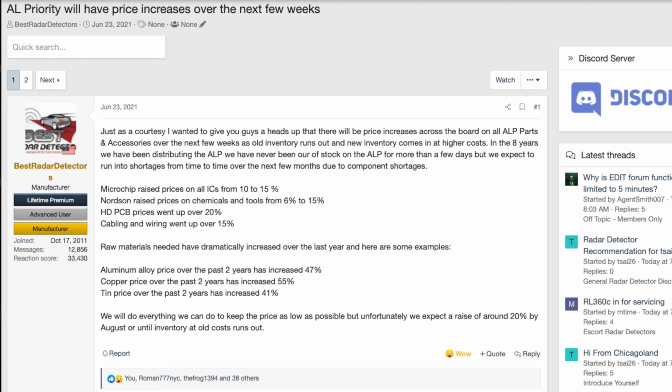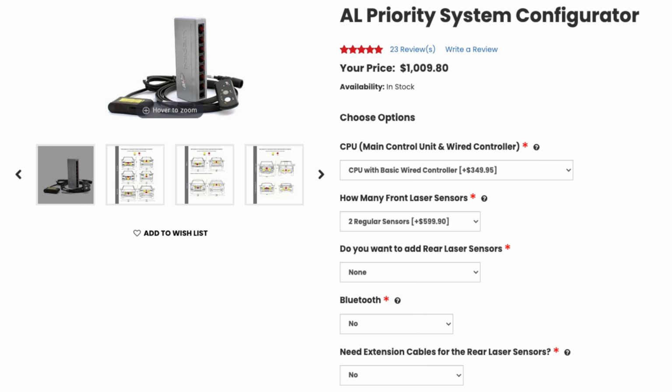And then finally, as far as pricing for the ALP, that has been going up as well. ALP has been having difficulties sourcing some of their components, and this has been leading to higher prices. They've detailed some of the information about this on the forum if you'd like to check it out. But in short, the pricing of the ALP has been going up. So for example, your starting price for the ALP, say just an ALP with a set of 2 heads up front, used to retail for $839, and that price has now gone up to $1,009, so it's increased